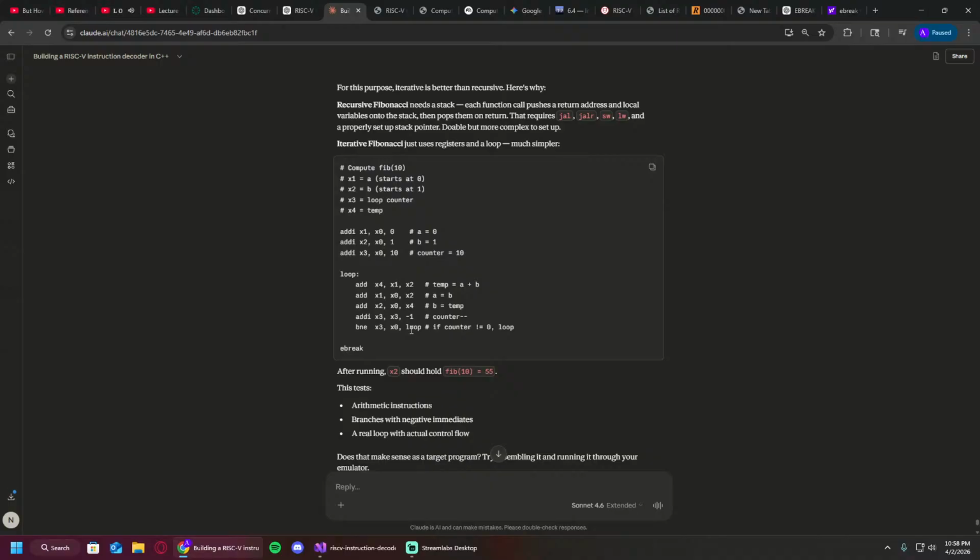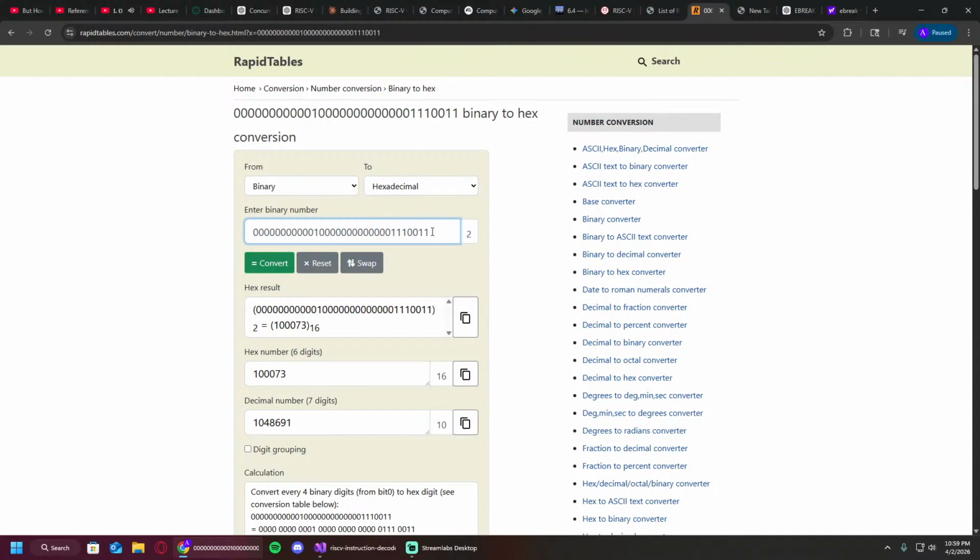Okay, so we need to be -16 bytes, right? And we need to get that in. Let's write it down real quick. So we need to get that to binary and then convert it to hex. Let's do that real quick. So the binary value is